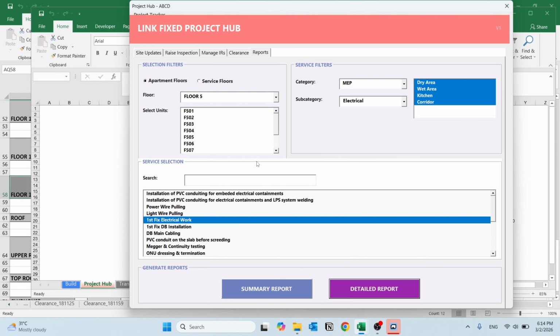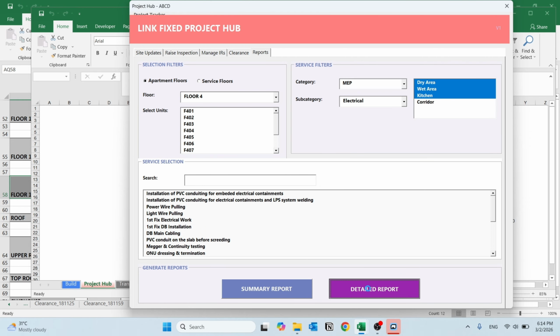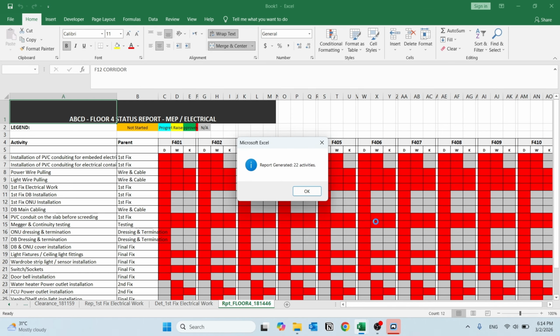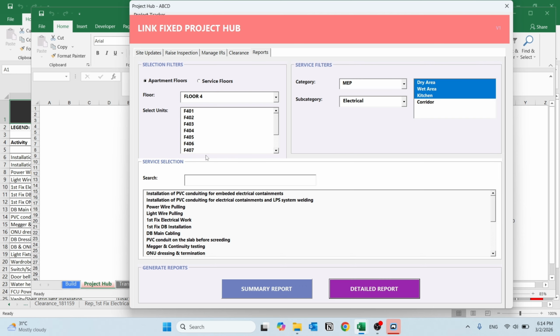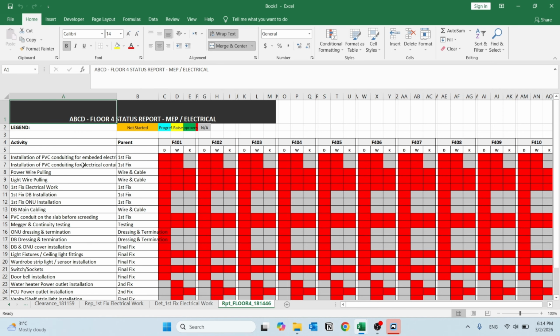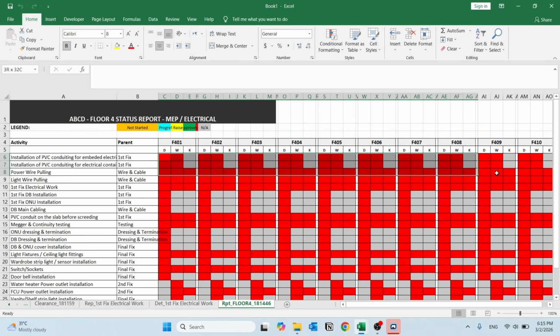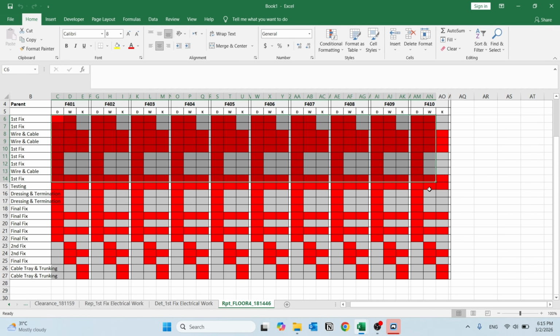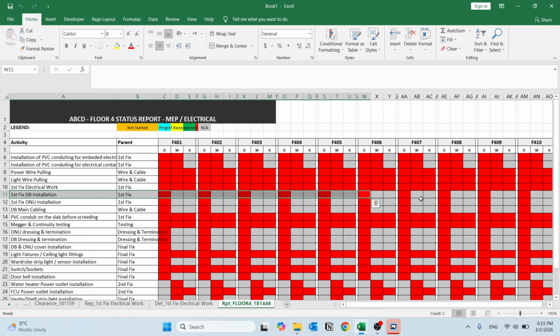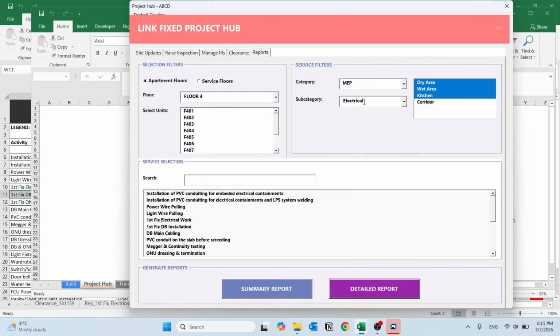Let's say I need to know the status for level 4, electrical part. I didn't select any activity, and I press detailed report. Here it will show you, like magic, all the activities related to electrical. And wherever it is applicable, it will show up with the color code. For level 4, because you already selected electrical, if you remove electrical and select the report,